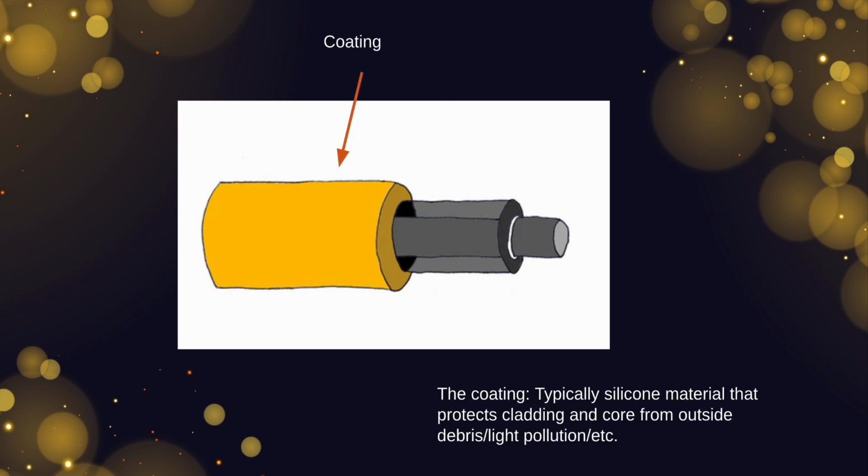The outermost layer is called the coating, and this layer serves as a protective layer to protect the cladding and the core from outside debris, light pollution, etc. It's generally made out of a type of silicon. Now that we understand some of the basic parts of an optical fiber, let's take a look at what happens